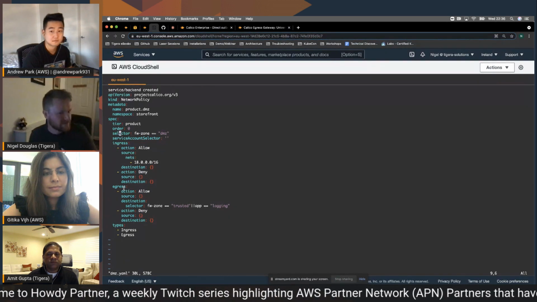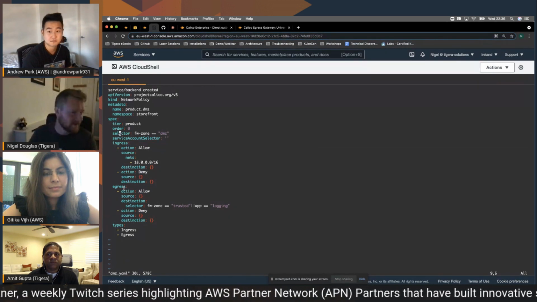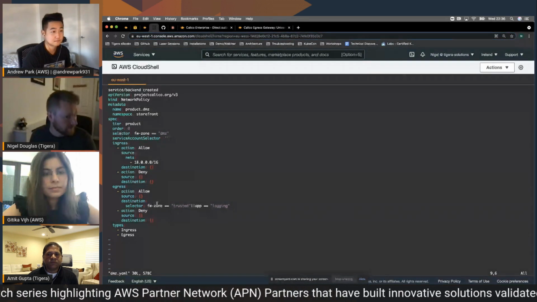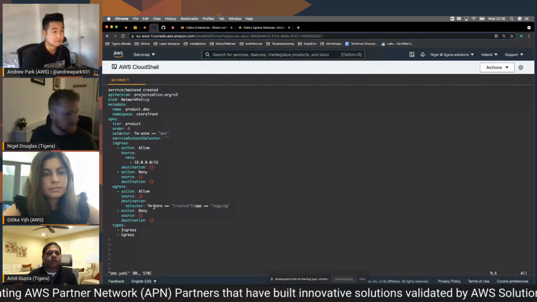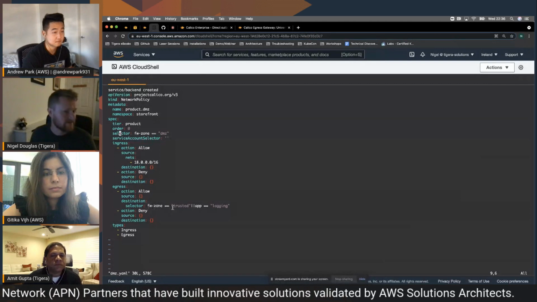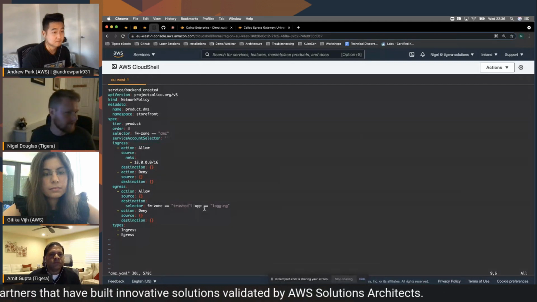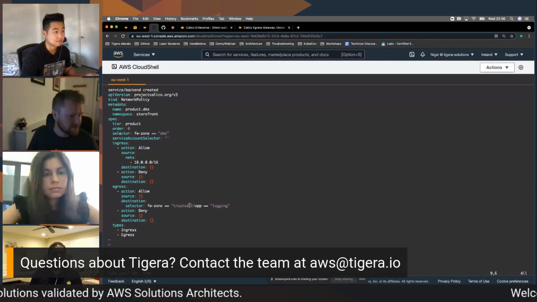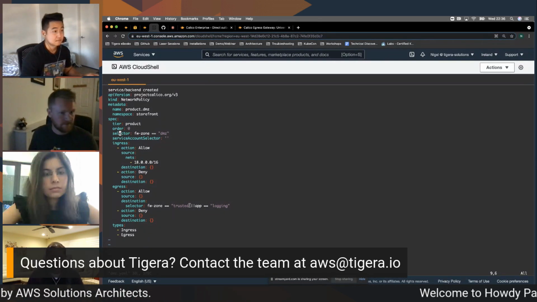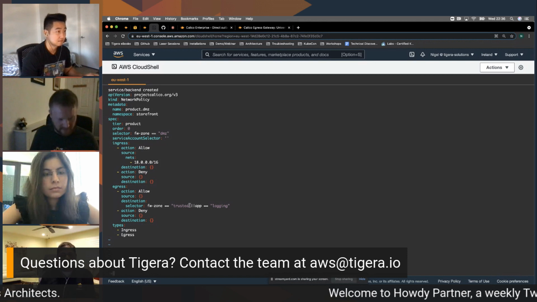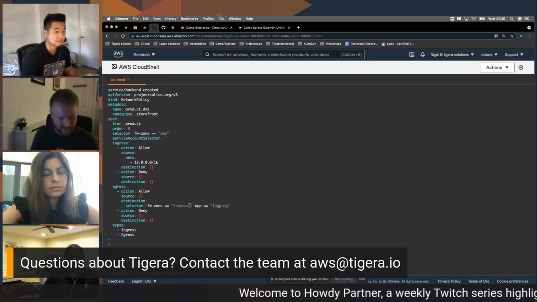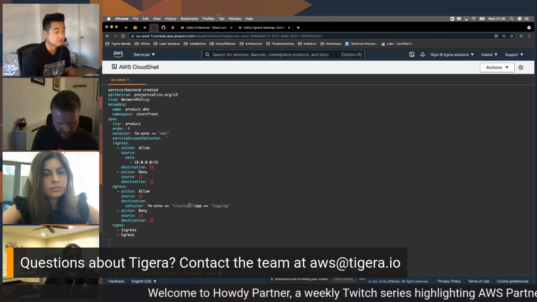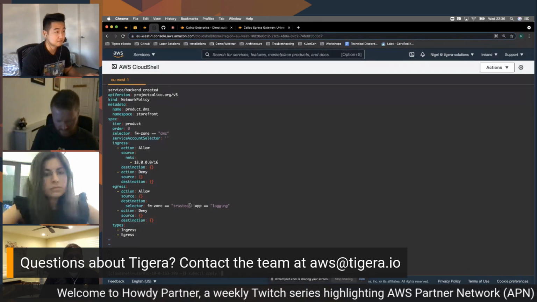And from an egress perspective, what talks out from it, I'm allowing it to talk to other workloads, again, not based on IP, this is just based on label, with selectors trusted, or if it has app equals logging. And naturally, anything that isn't in these zones, then I'm going to deny that traffic. So for us, we could just apply the policy here. So I can write and quit, and then I can say kubectl apply -f on my DMZ file.